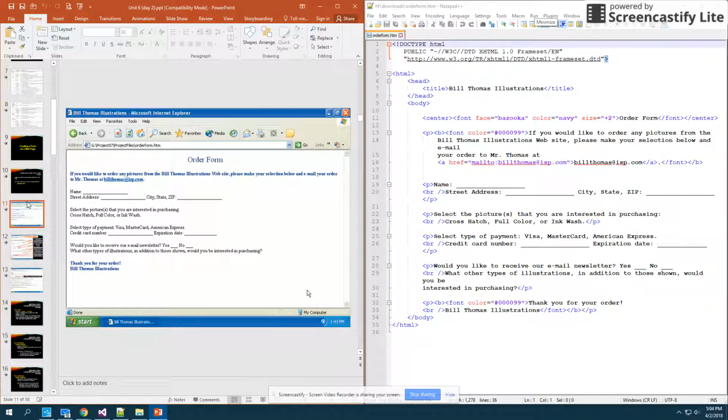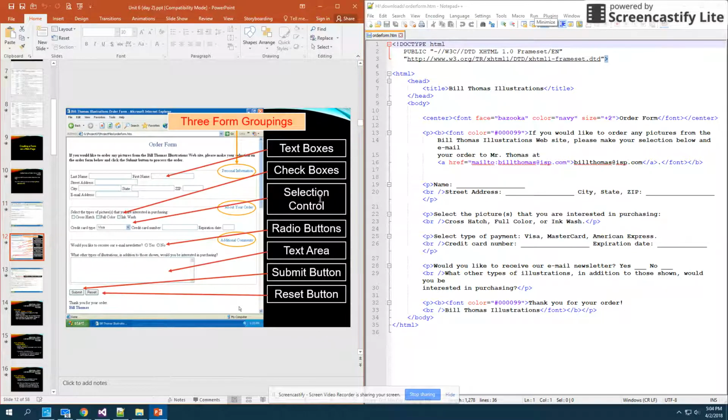So this is what you should see if you run this right now. It just shows up as a form that would be filled in by hand. And we're going to update it to look like this. So it's going to have 3 form groupings of personal information, about your order, and additional comments. And then we're going to use all the different types of input controls that we've discussed so far throughout this unit. So text boxes, check boxes, radio buttons, everything like that,